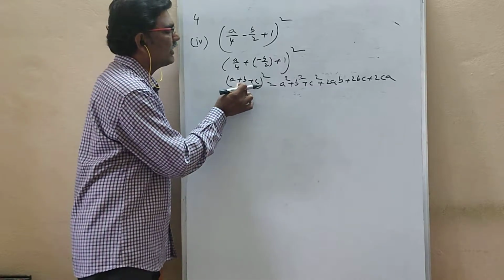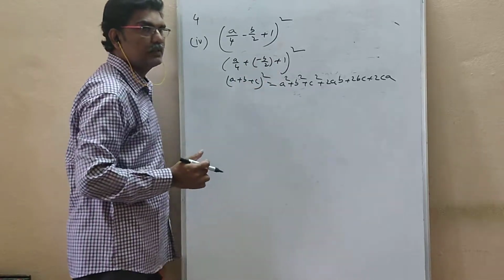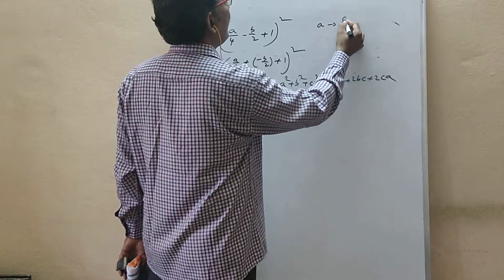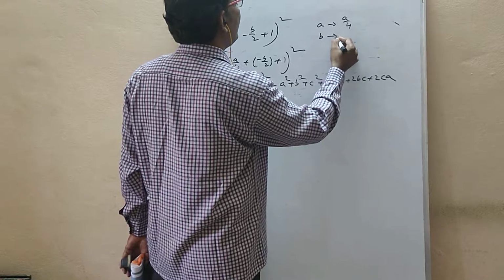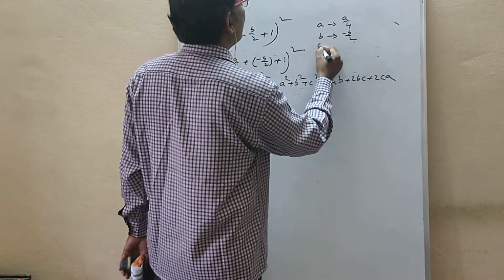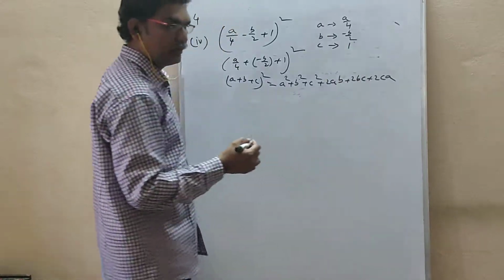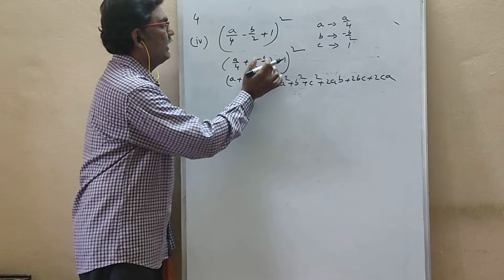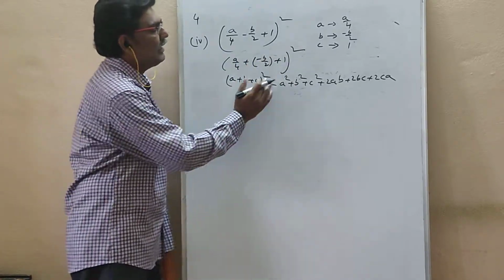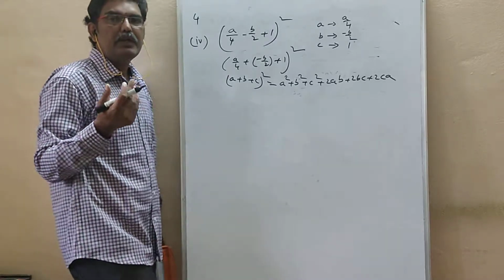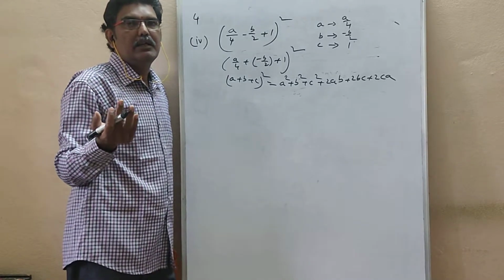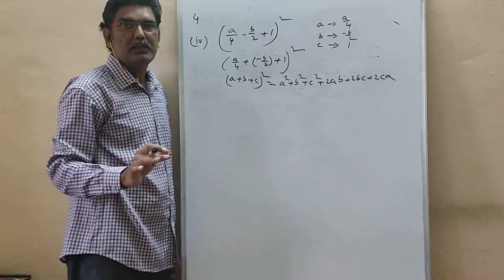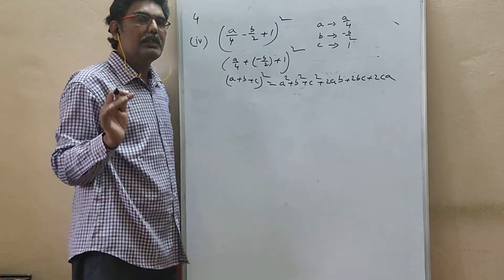So first you should compare LHS with LHS. By comparing, in place of a you have a/4, in place of b you have minus b/2, in place of c you have 1. So in the a, b, c places you have a/4, minus b/2 and 1. On the right side, wherever you see a, b, c, you should substitute these values first. For substitution you will have some marks.